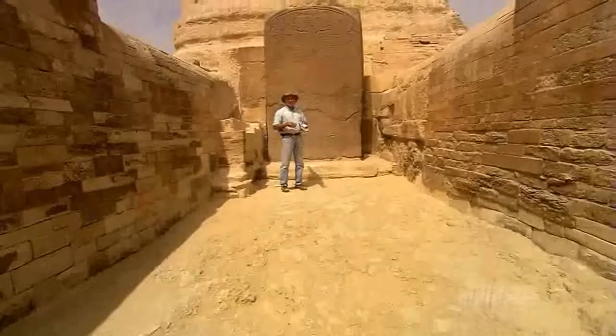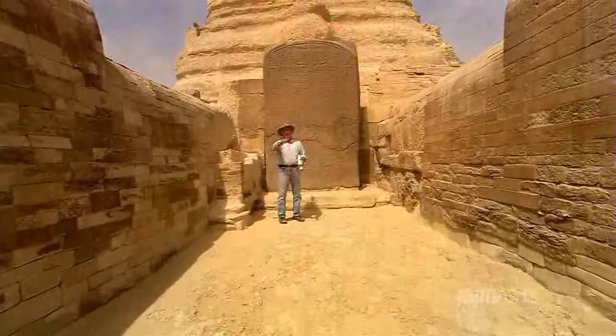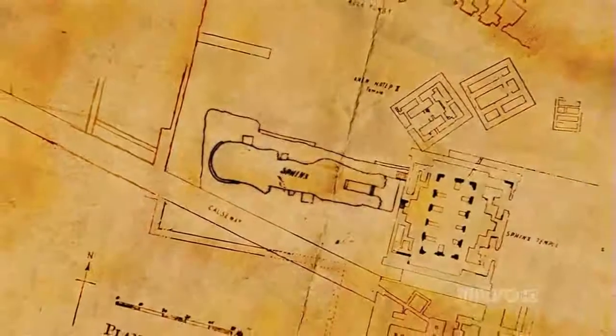When I first came to Egypt, the best maps that existed of the Sphinx were simply the outline. If you're investigating how the Sphinx was built, the existing drawings were about as useful as if you were trying to build a 50-story skyscraper